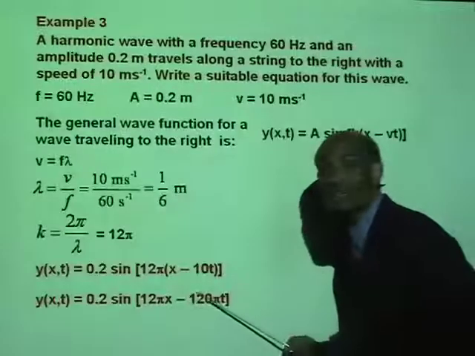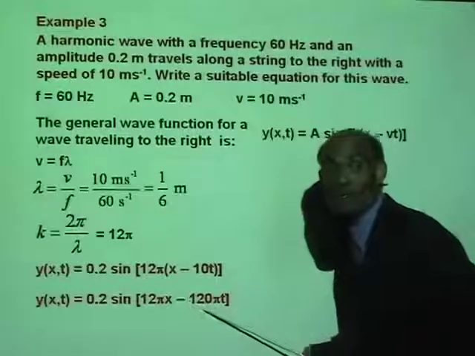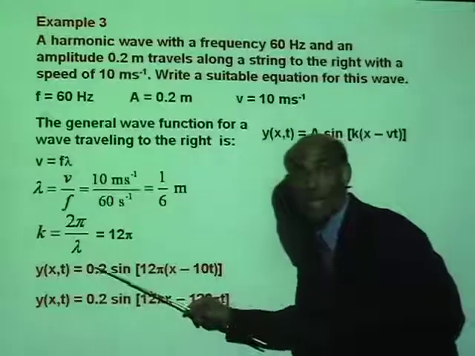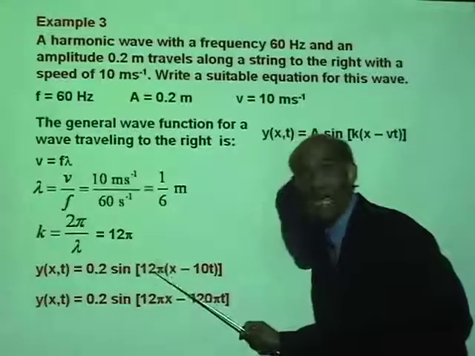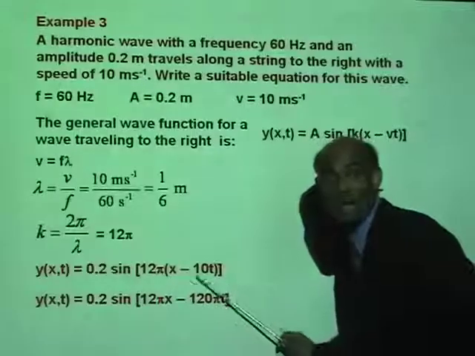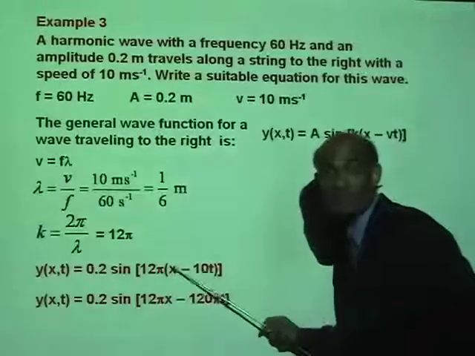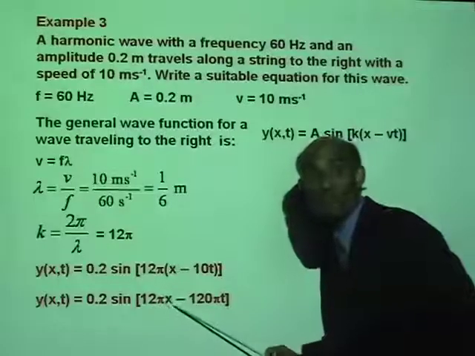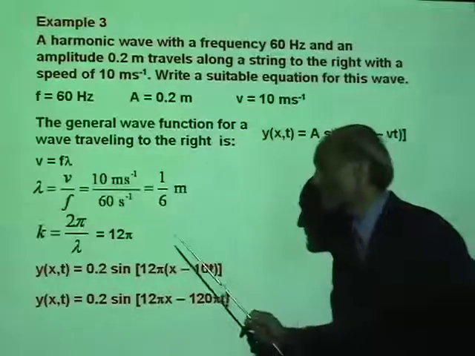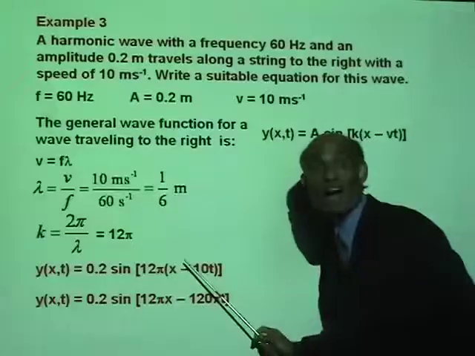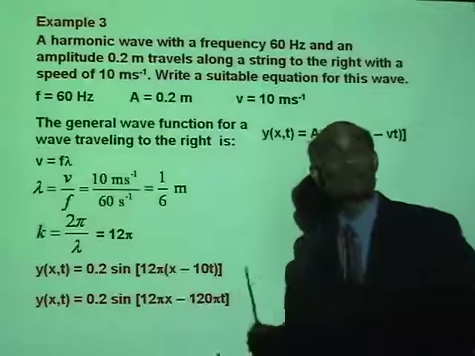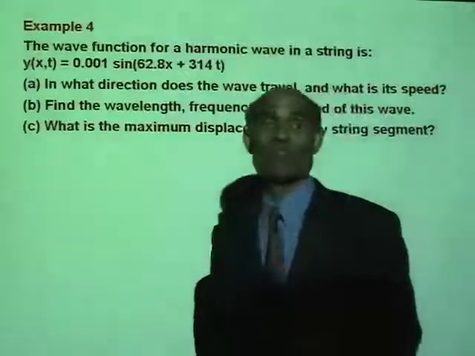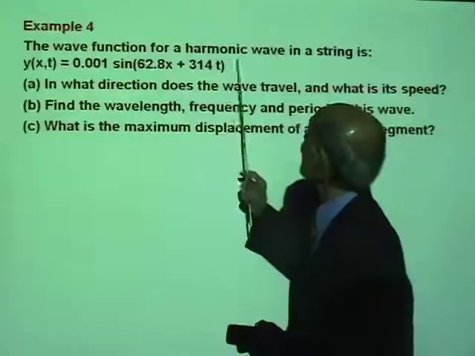What is omega equal to here? 120 pi. So this is of the form A sine k times x minus vt, which when you distribute, you get the form kx minus omega t. In other words, k times v is omega. Another problem. A wave function for a harmonic wave